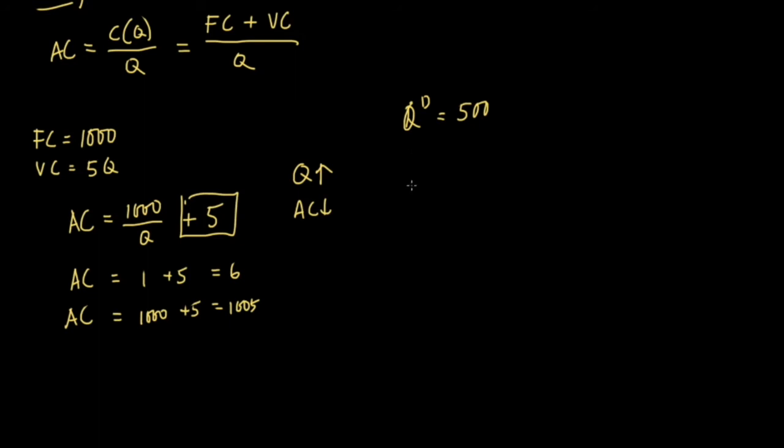And so if it produces 500 units of output, its average cost would be equal to 1,000 divided by 500 plus 5, which is just equal to 7. Let's make a mental note that 7 is the average cost when this firm is a monopolist, meaning it's the only firm in the market, the entire demand belongs to it, and it produces a quantity that is socially optimal. Now, let's consider